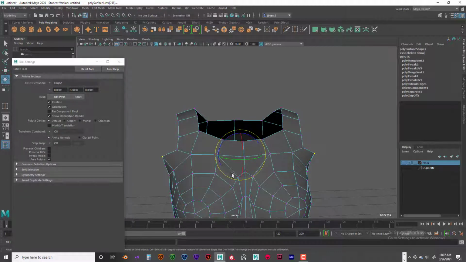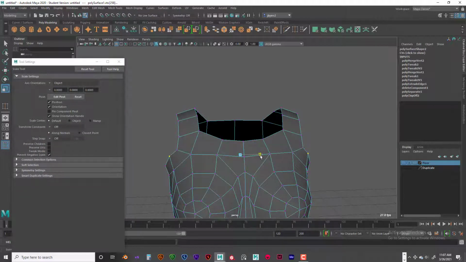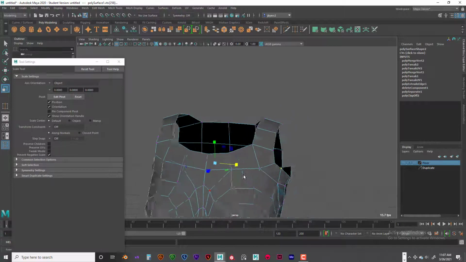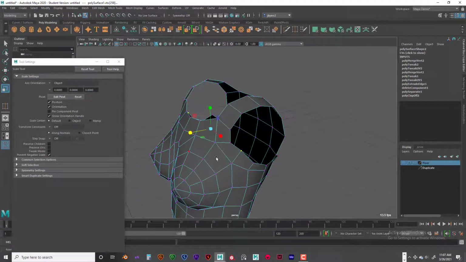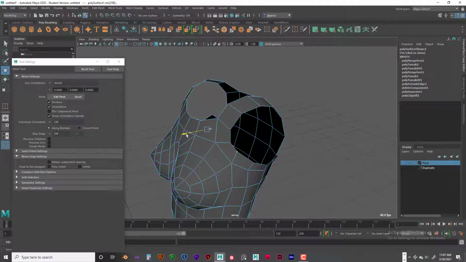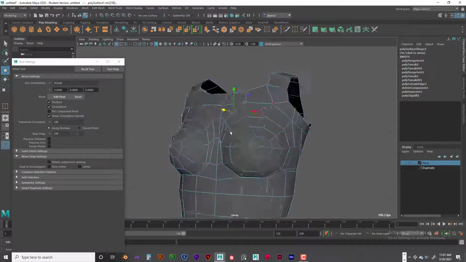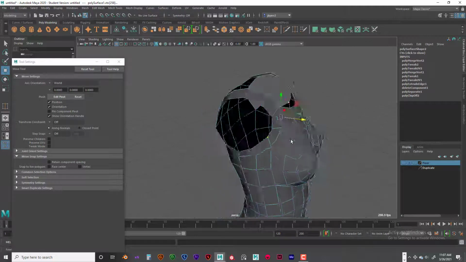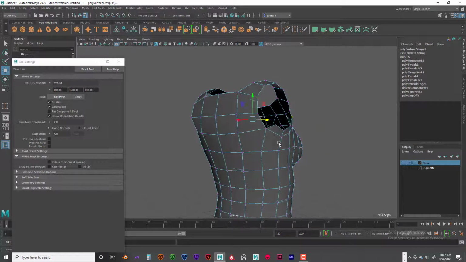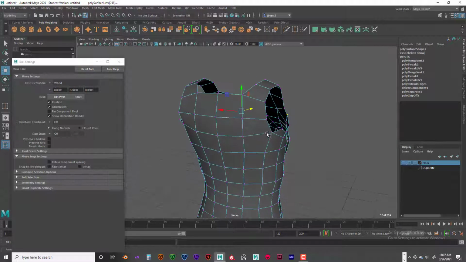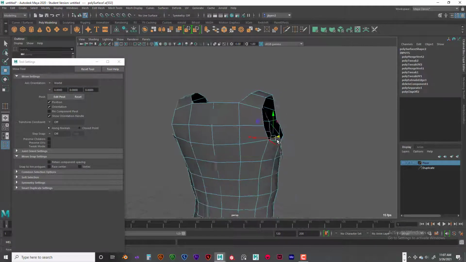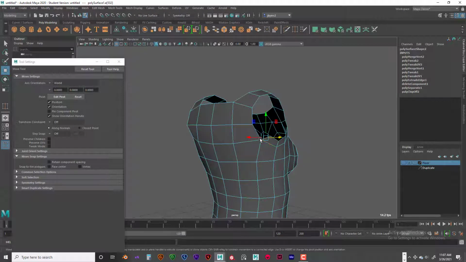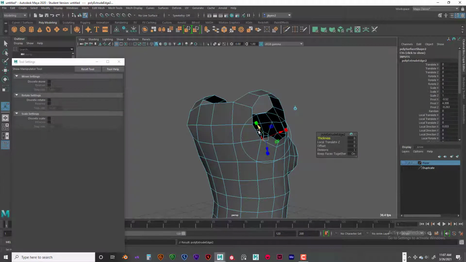So I'm going to hit the scale key and scale that in, and scale it out a little bit, or move it out a little bit, just to get that looking a little bit better. And then this here, we can take this and extrude that edge. I'm going to do that, extrude, Control E,